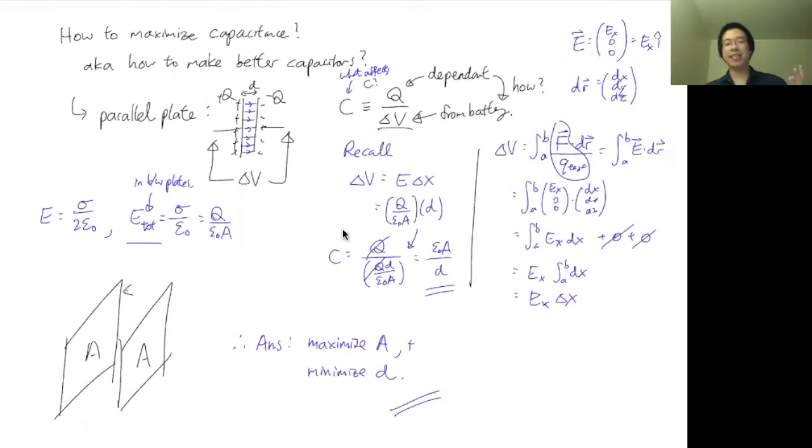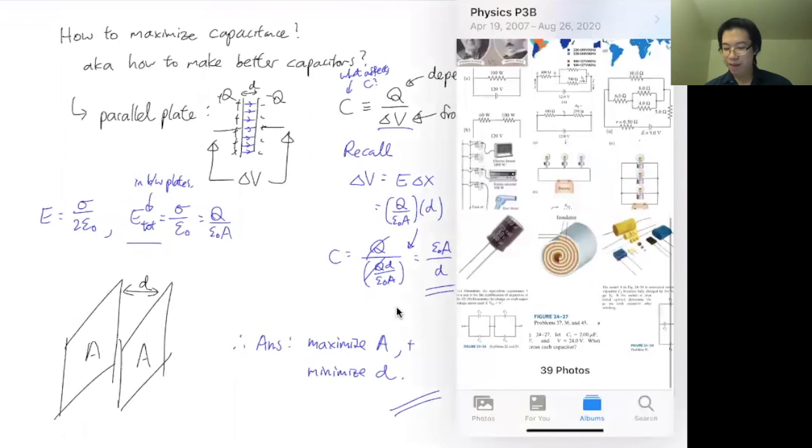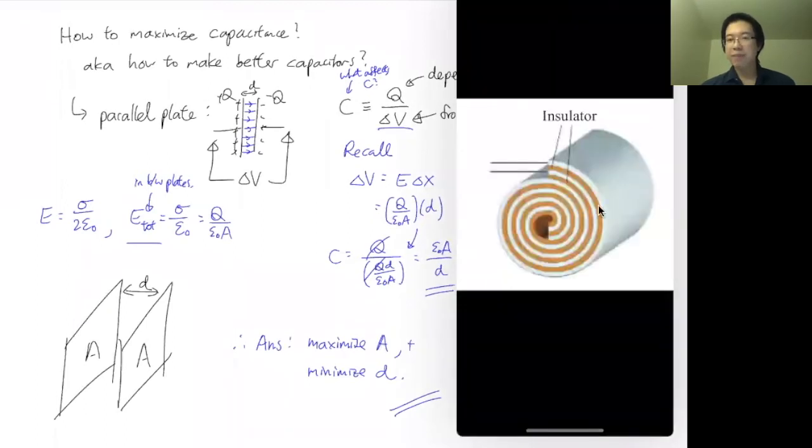So this is interesting, right? This is something you probably won't learn without doing these 3 steps, that you realize the capacitance is inversely proportional to distance. So the closer you can get them together, the better. So that's why you see these guys try to make it, here's a nice little diagram, as close together as possible. Right, so that now you've learned something new. You've learned that this is the reason why they try to tuck it and roll it up like a piece of dessert in a very, very close, tightly wound way. Right? So they try to make the insulator as thin as possible, and it's quite an impressive feature.